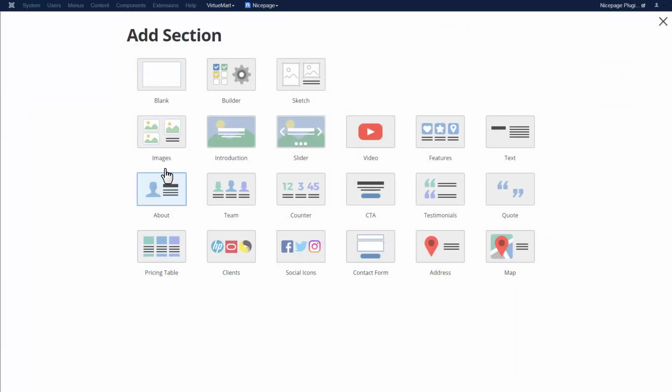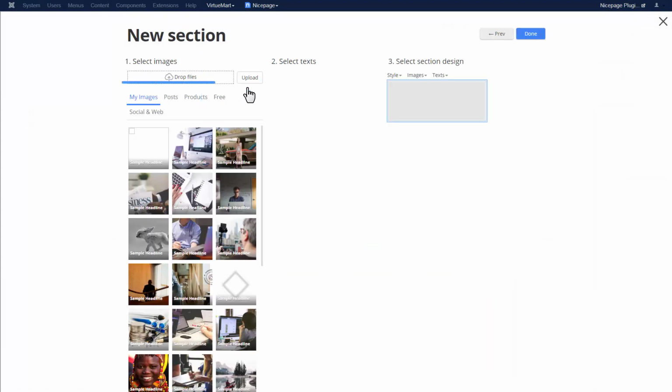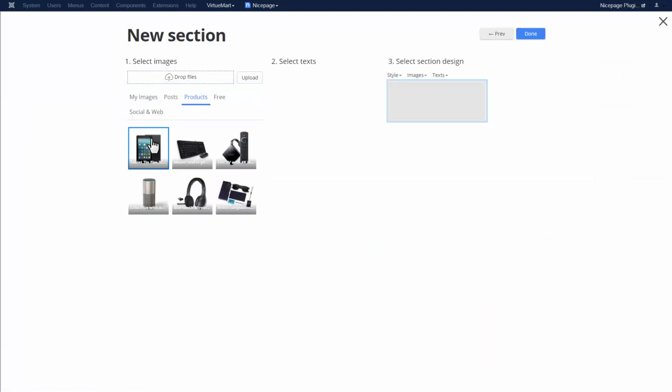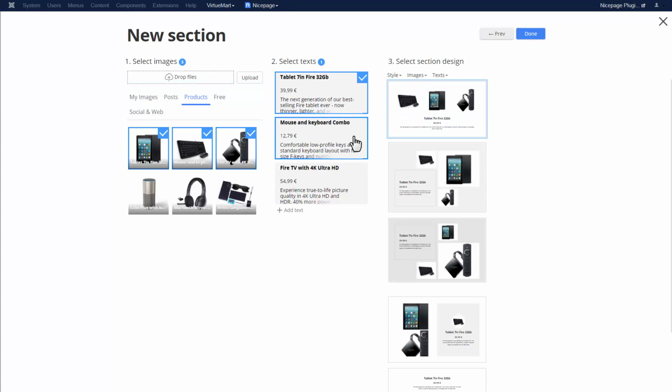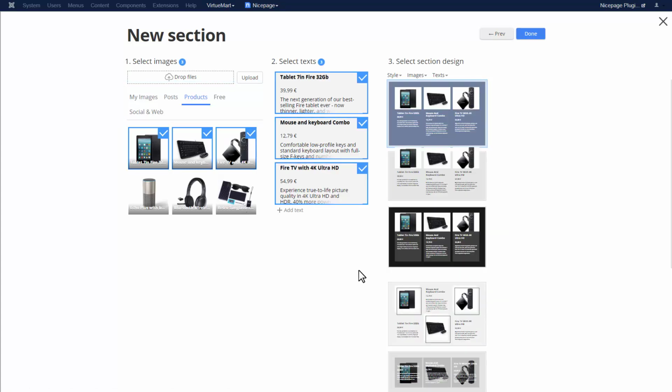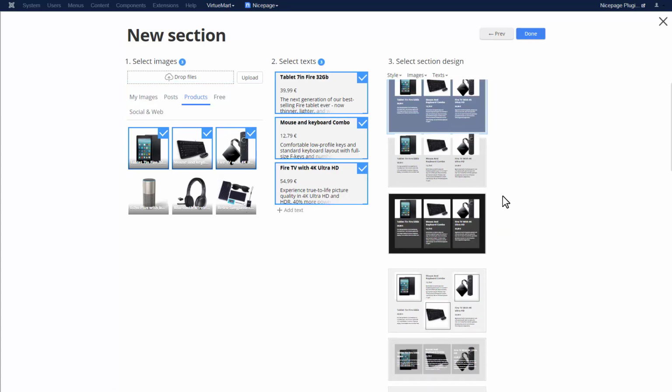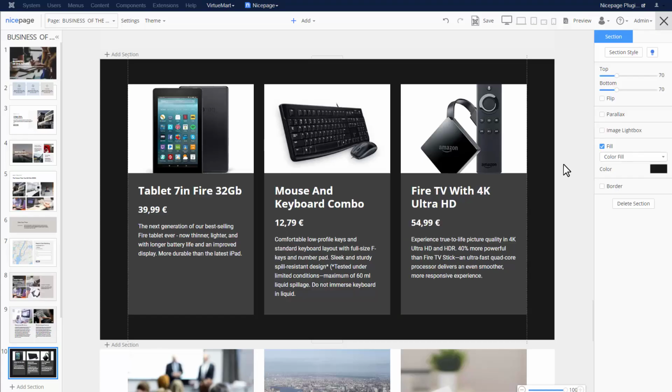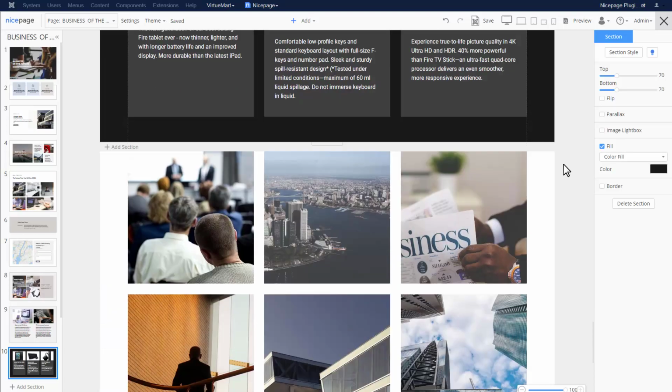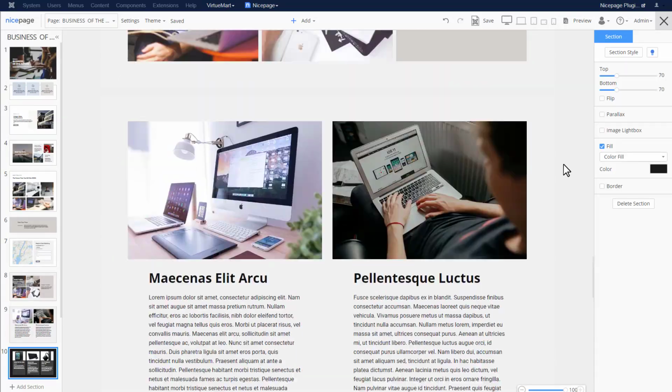Click Builder. Switch to the Products tab. Select product images. Select product descriptions related to those products. Select a style for the section. Click Done. Let's assume that you need your own idea for a section, a mock-up that you drew in any